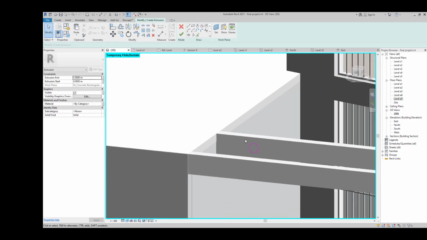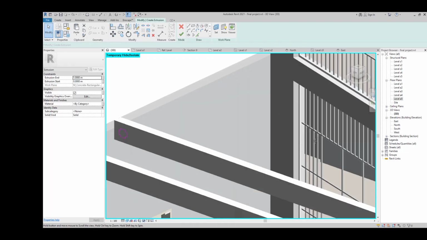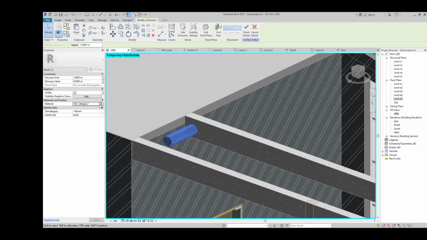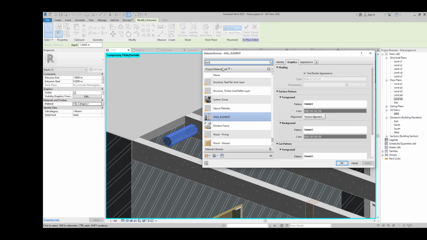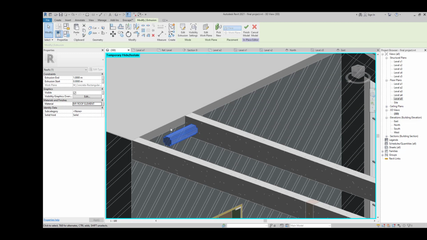So I will check it. Okay, everything looks fine. Then I'm gonna click OK, and after that I'm going to change the material. We use the same material for those elements. My foot element, we use the black pattern. So I'm just going to click this one and